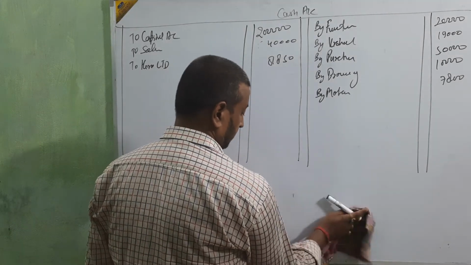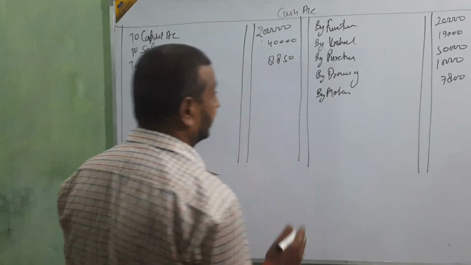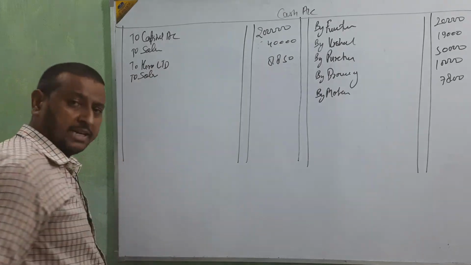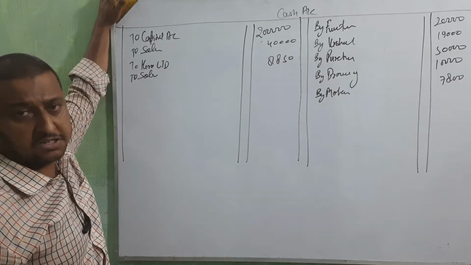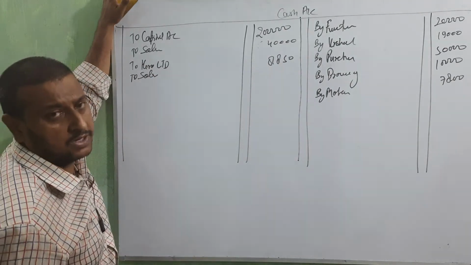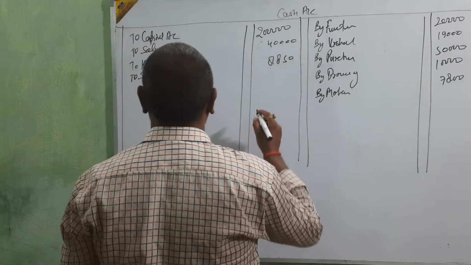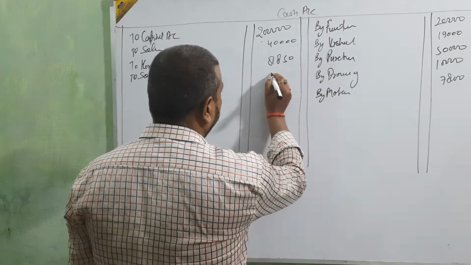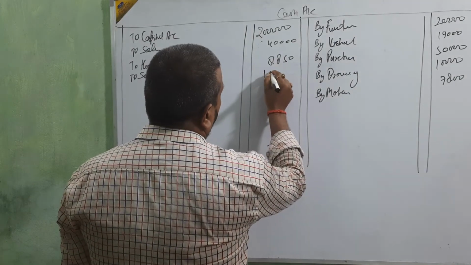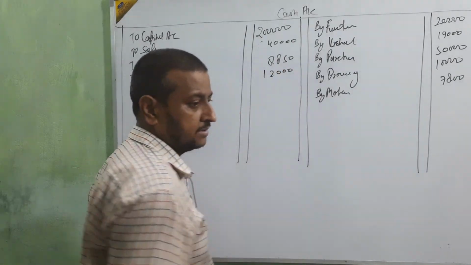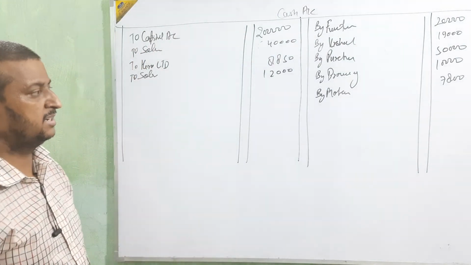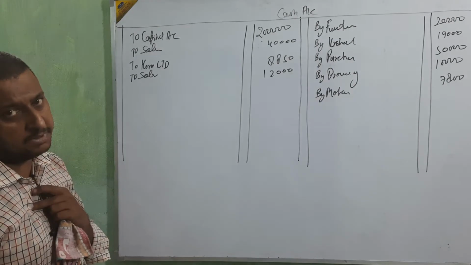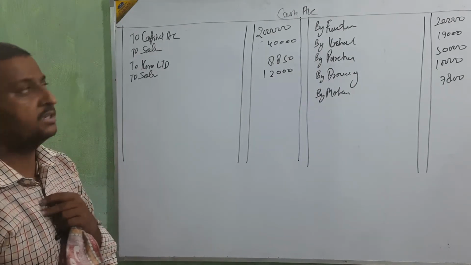Cash account debit to sales account. After doing some entries, now you will easily remember where we are going to post it. Amount 12,000. Okay, next. Purchase account debit to Pawan Brothers. Here again cash is not coming, so we are not going to take this entry in the cash account.